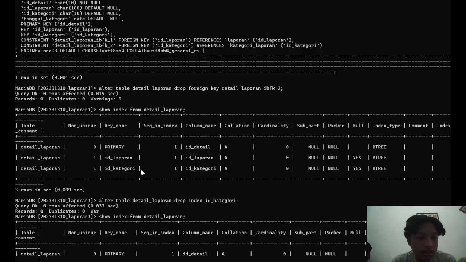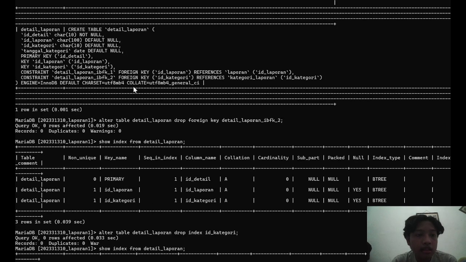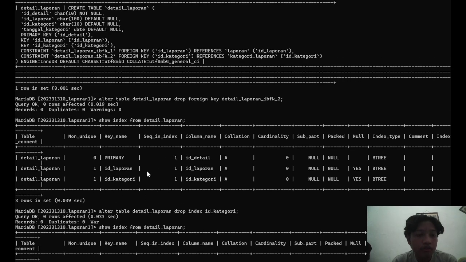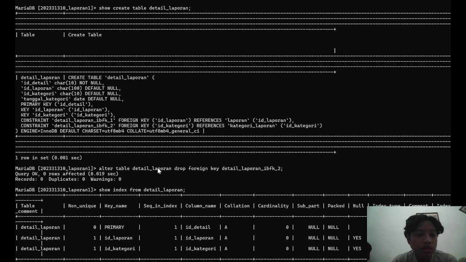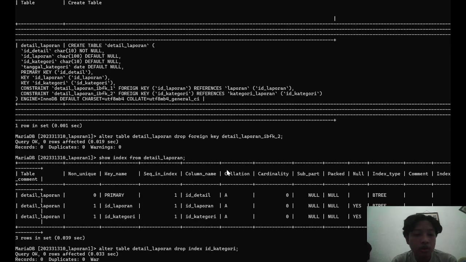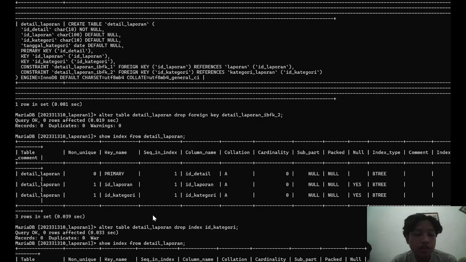It looks like this. There is still the ID category that I want to remove from the table, but after we use this command, drop foreign key, we already removed the foreign key, but the column is still right there.